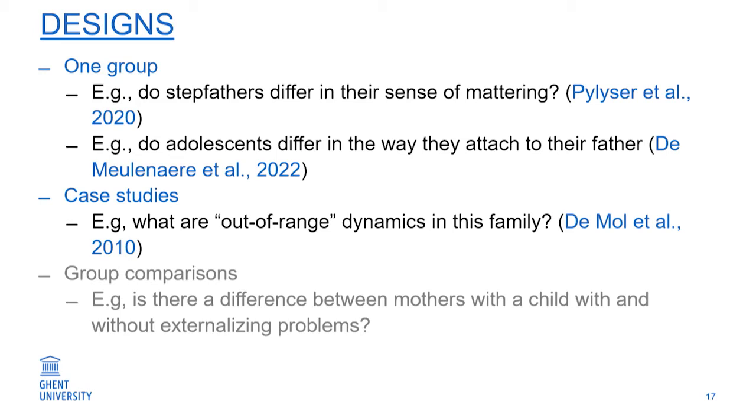It's a case study. And then you can also have group comparisons. For instance, a bunch of families with a child with a disability and a bunch of families with a child without a disability. That's just an example. I don't have any examples here because you might remember that I said in an inaugural talk that I'm anti-categorical, so I don't want to compare families. That's why we never did such a thing with SRM, but it's possible.